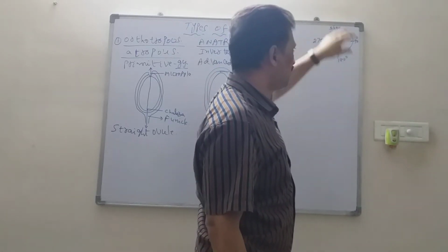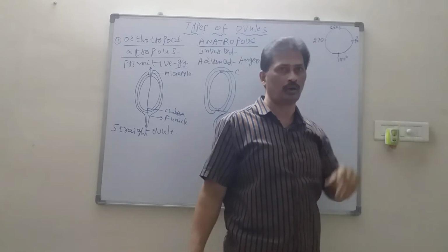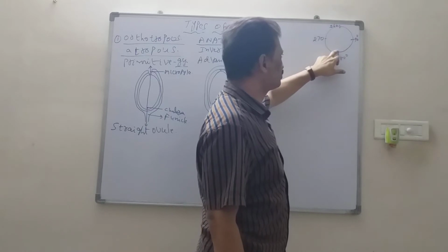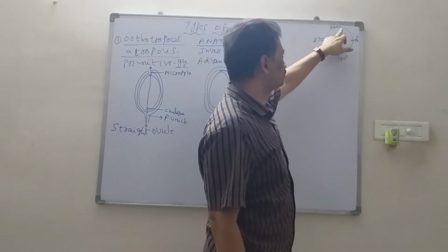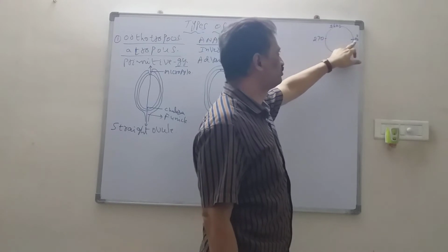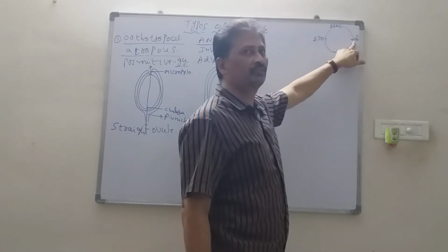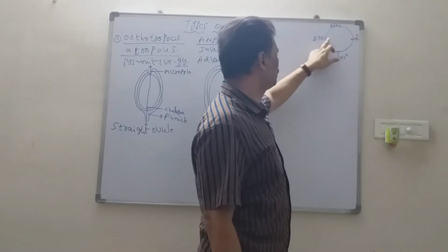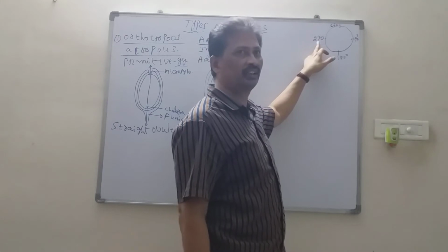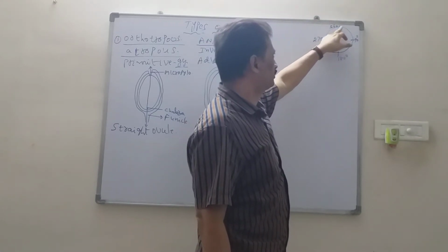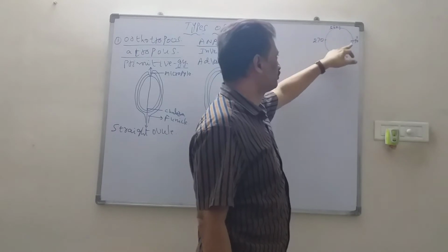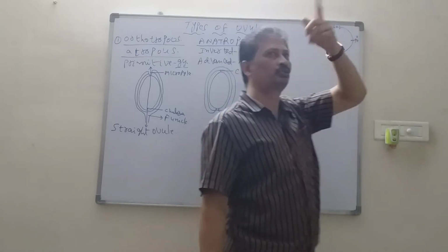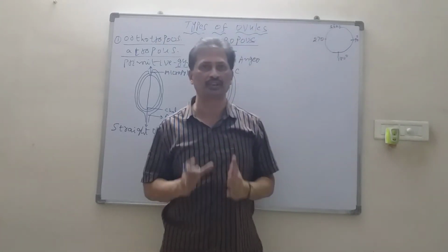This diagram can be compared with a wall clock. Suppose you take the wall clock: 12 is here, 3 here, 6 here and 9 here. If the long hand of the clock reaches 3, it automatically covers 90 degrees. If it reaches 6, it covers 180 degrees. If it reaches 9, it covers 270 degrees. If the long hand starts from here, passes through all these steps and reaches here again, one rotation is completed, that is 360 degrees.